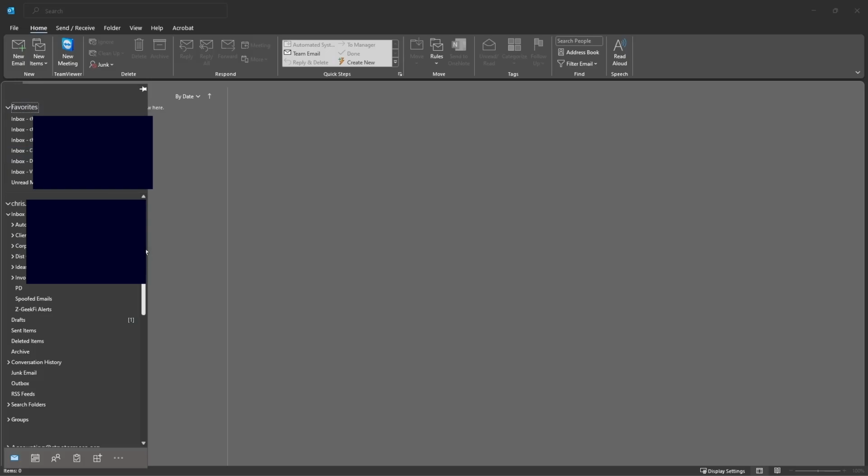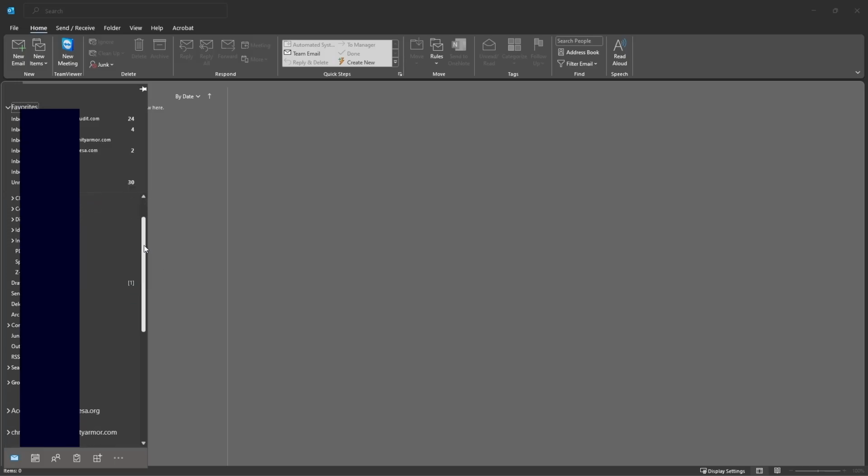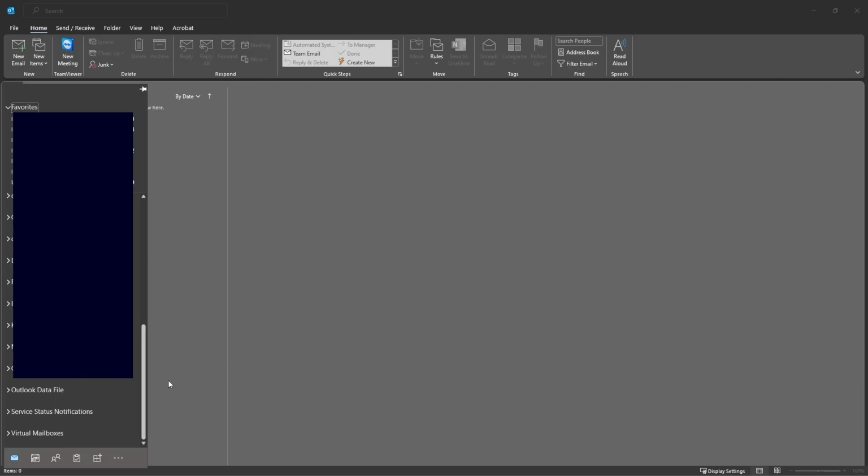Basically, on this left side here are all the mailboxes you have. I've got them a little grayed out, but I've got quite a few mailboxes in here. You can either click this little arrow here to collapse your mailbox, or you can simply scroll down. If you scroll down in here, you will eventually come across the data file, excuse me,